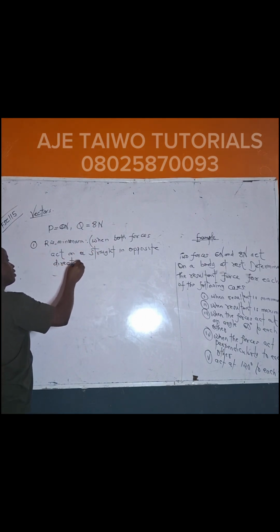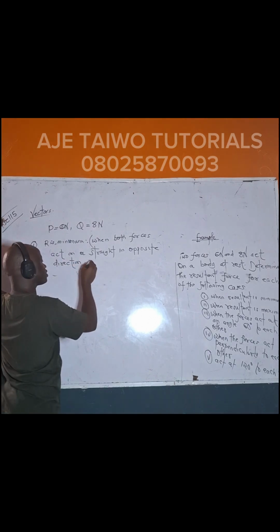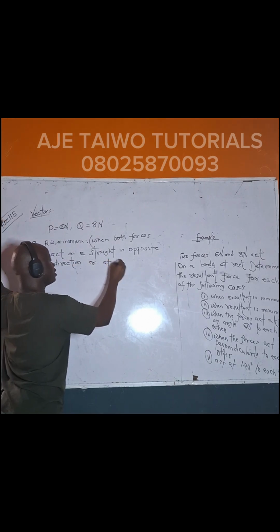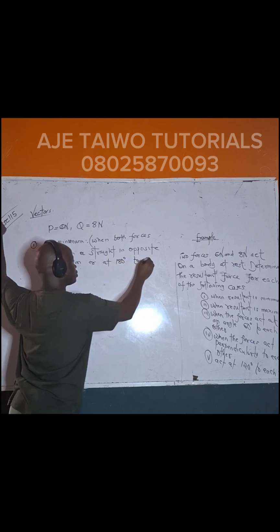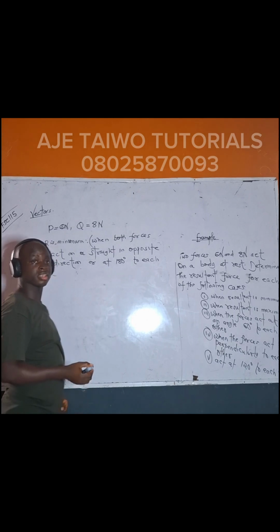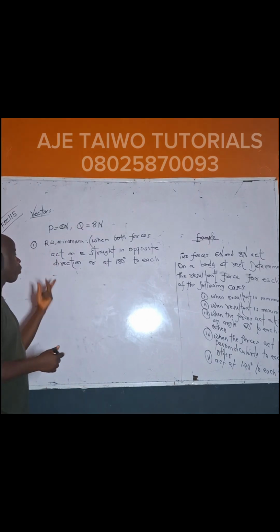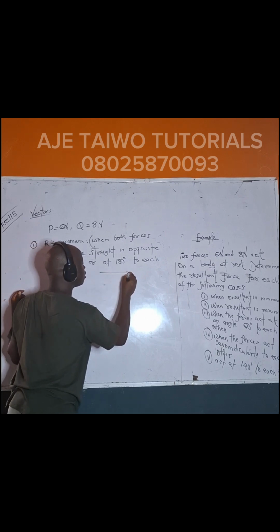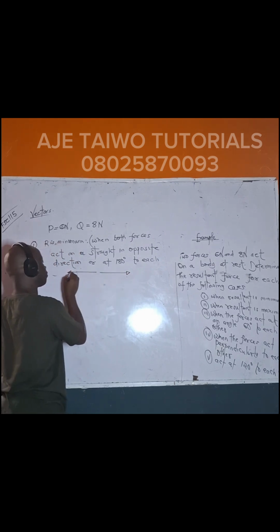This is how we ask it. But I will say when the forces are at angle 180 degrees to each other. I want to note all the possible things you can say, which mean the same thing. When the forces are on a straight line and opposite each other,